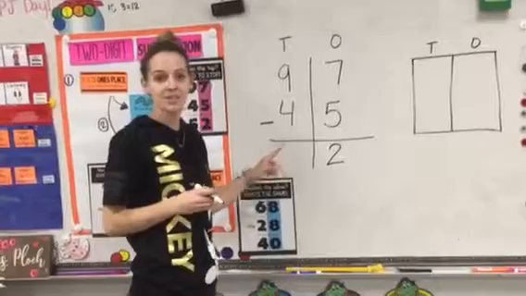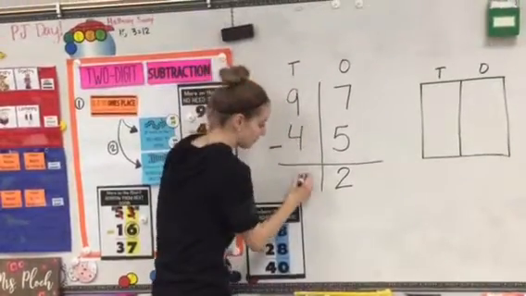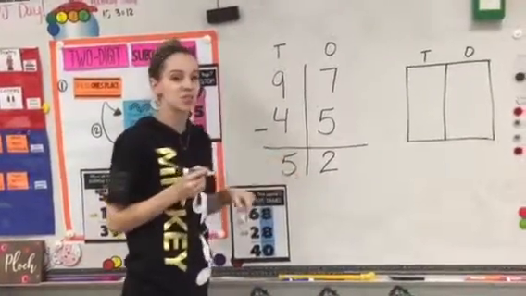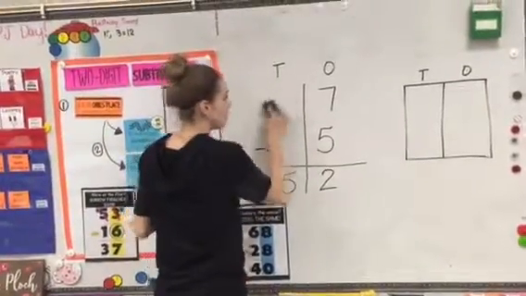Then go to the tens place and subtract. 9, 8, 7, 6, 5. So 97 take away 45 is 52. So that is our second strategy. And now we're going to move to